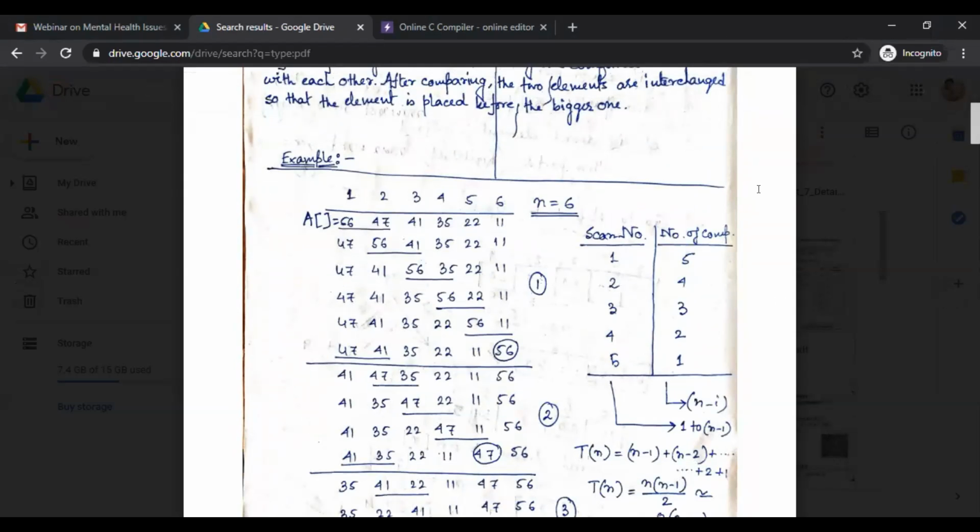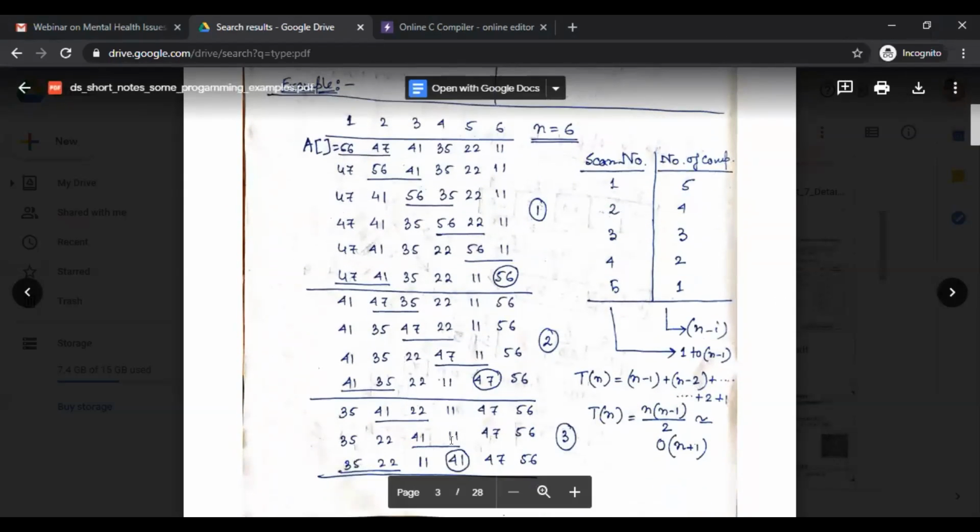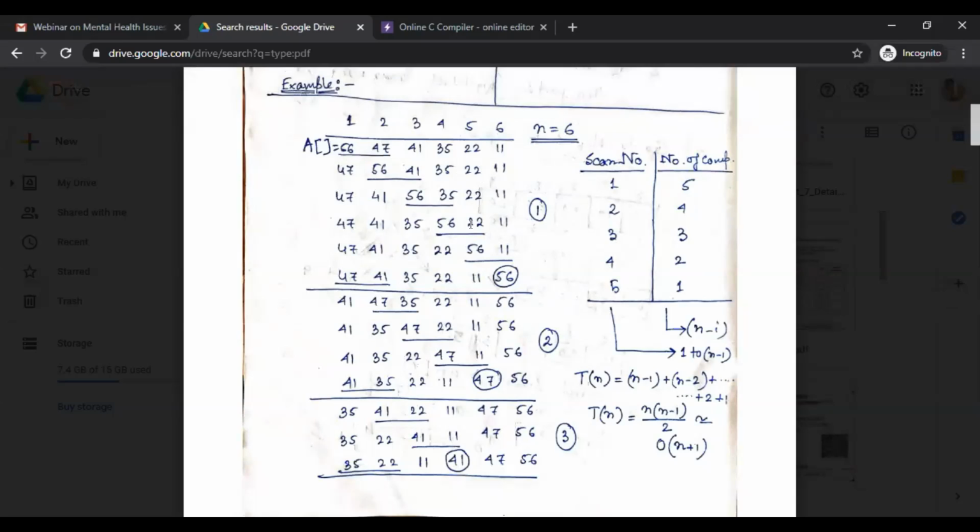So take this example: there are 6 elements, so n is 6 and the elements are 56, 47, 41, 35, 22 and 11. Using bubble sort, we have to sort our array elements in ascending order, nothing else.